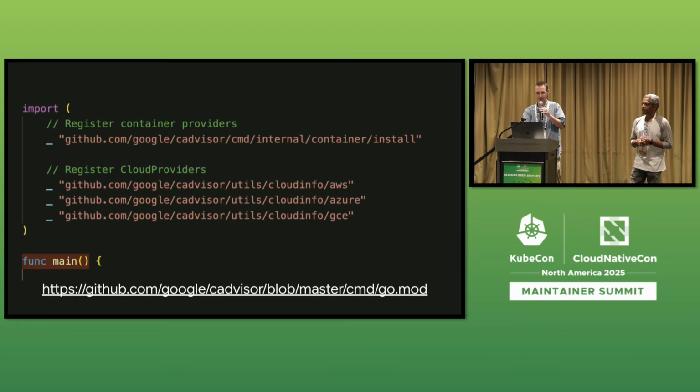And so this was something that we saw in CAdvisor. CAdvisor had both a binary and a library, and Kubernetes depended on the library portions of it, but didn't actually run the binary part of it. And the binary linked in a lot of other things, so they could integrate with different container runtimes and different cloud providers, and Kubernetes didn't actually care about those aspects, but because it was all sort of smushed together into one module, we inherited all of the dependency graph complexity from the things the CAdvisor binary was using.